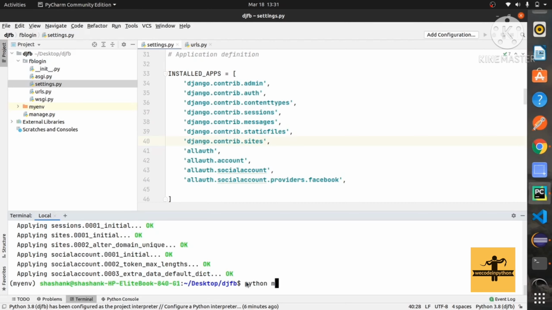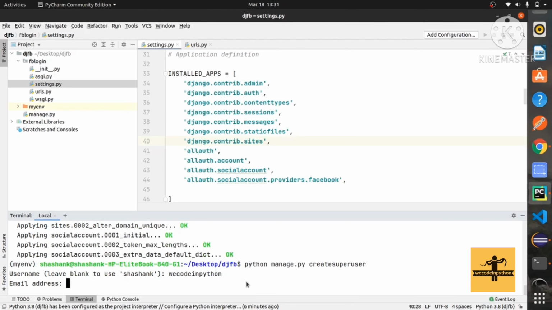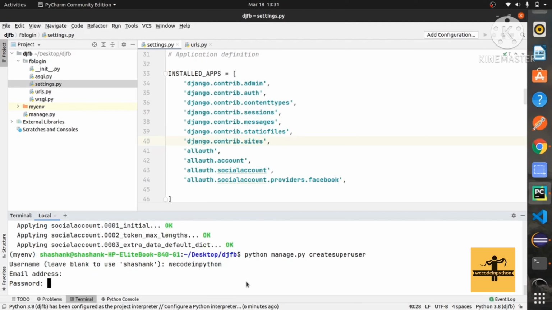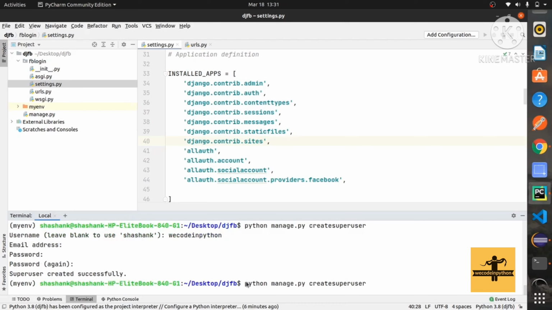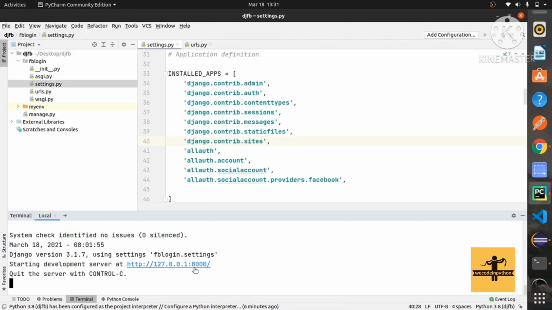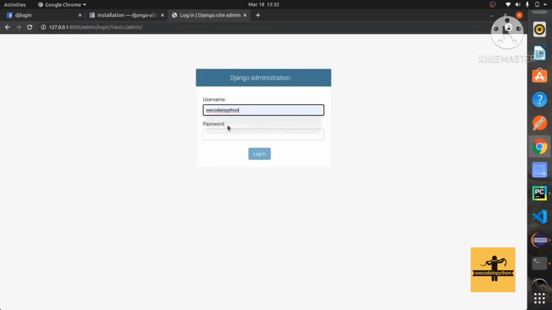After this migrate, we will need python manage.py runserver. Okay, we have to create a user first. So manage.py createsuperuser, and we code in Python is what we are using as a username, and we'll be using some password here. User created successfully. So now we can start the server, runserver. Click here and it will open the Chrome browser for us. Type admin and log in here.